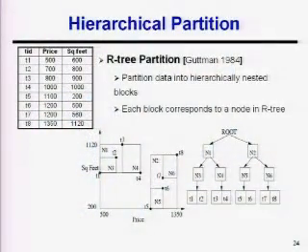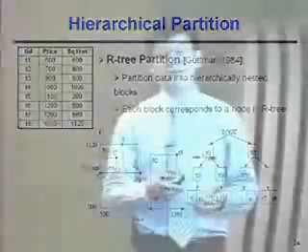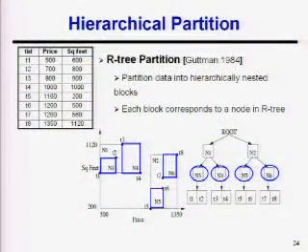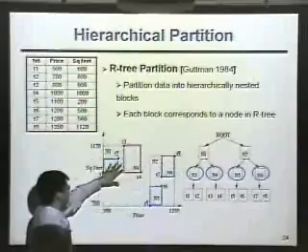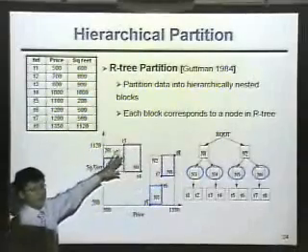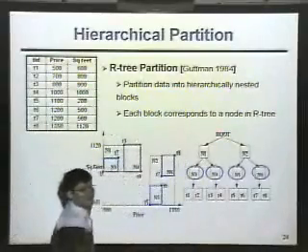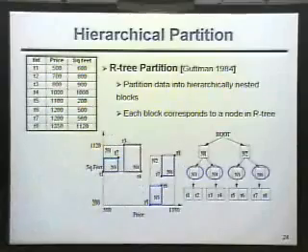So this is the R-tree partition. It partitions data into hierarchically nested blocks, and each block corresponds to a node in the tree. For example, this is a high-level node corresponding to large blocks, and the low-level nodes correspond to small blocks. The structure of the tree corresponds to their relative position in the data partition. For example, this small block is contained by this large block, and it is the child of this N1. There are a lot of details on how to partition data uniformly into different blocks, but that is not important. The important thing is that we know this partition structure, and how we can integrate it into the ranking cube.